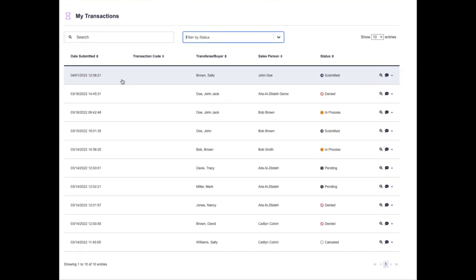On this page, we can see a number of different columns. The first column is the Date Submitted column. This date submitted is the date the transaction was submitted to the FICS unit. The next column is the transaction code. This column is populated with the transaction code once the transaction status has been set to approved by a FICS